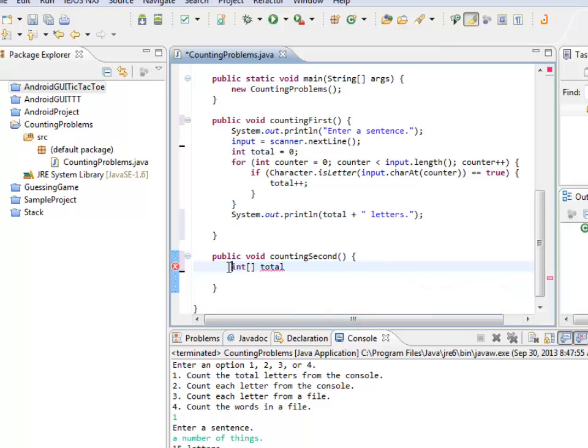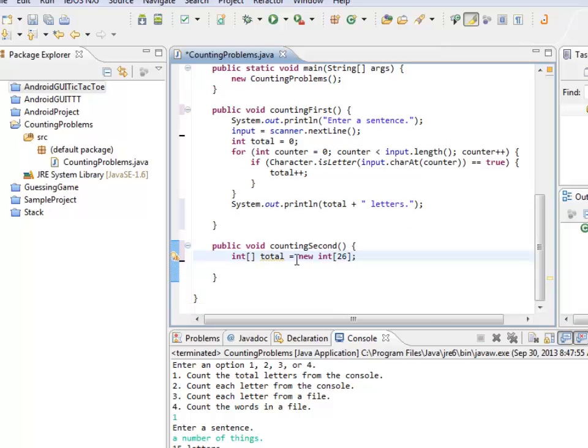So this says I'm going to have a series of integers that I'm going to name total. And I'm going to go ahead and create 26 of them. So this makes 26 slots, and they are all named under the name total. If I want to use one of these, so let's say I want to use the 0 slot. Keep in mind this count starts numbering at 0, and so it goes from 0 to 25, because that's 26 slots. It's 1 through 25 plus the 0 slot is 26 of them. Watch out for that. You are likely to run off the end of your array if you try and grab slot number 26. So I could, for example, say total equals 5,